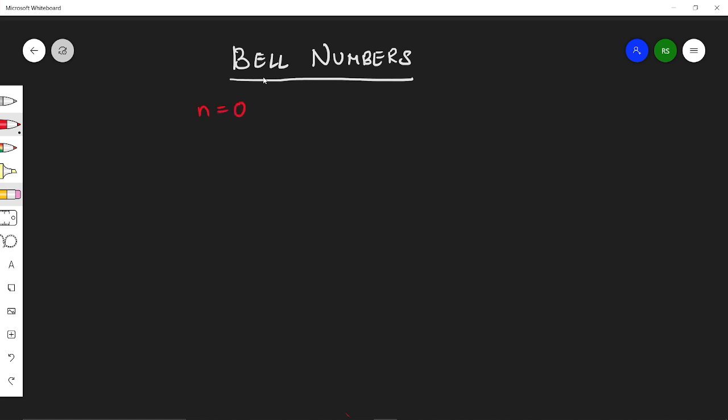For n equals 0, we have Bell number 1. For n equals 1, the Bell number is 1. For n equals 2, we have 2. For n equals 3, we have 5. And as I said, for n equals 4, I have 15.